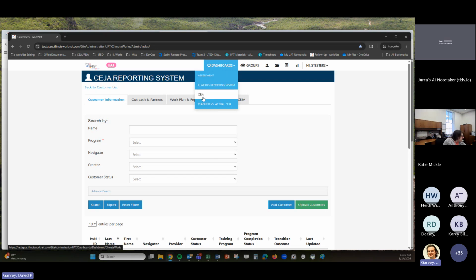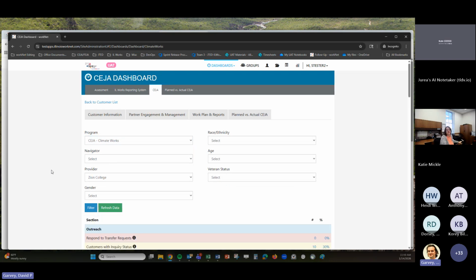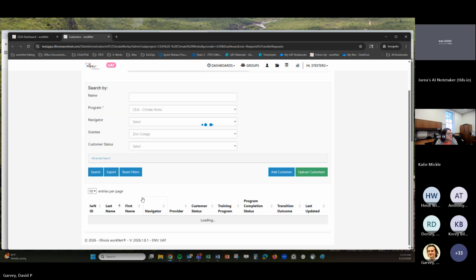So another way to see if you have any open transfer requests is to access your dashboard. And when we make the filter here, it'll be the first row, respond to transfer requests. I don't know why it's 0. I think this might be UAT being weird again. And we'd see the list of which customers of ours have a pending request. But actually, now that I think about it,